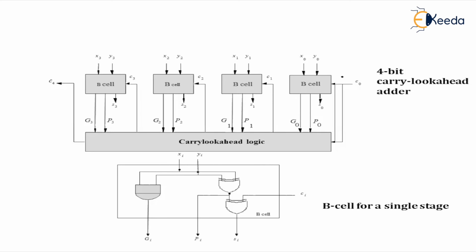Now, a digital computer must contain circuits which can perform arithmetic operations: addition, subtraction, multiplication, division. Although addition and subtraction are the basic ones, we are aware that multiplication and division are repeated addition and subtraction. And to perform these operations, adder circuits are used. It may be a half adder, full adder, triple carry adder, and so on.